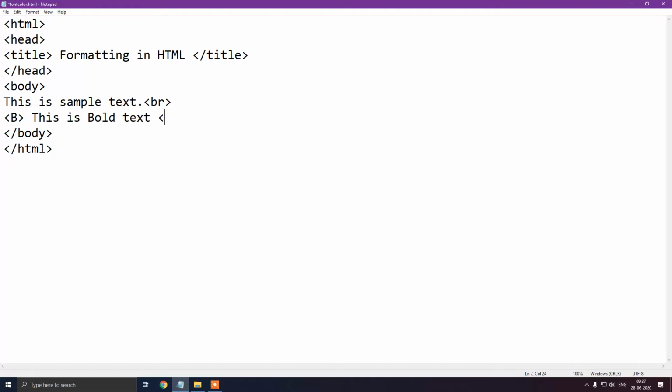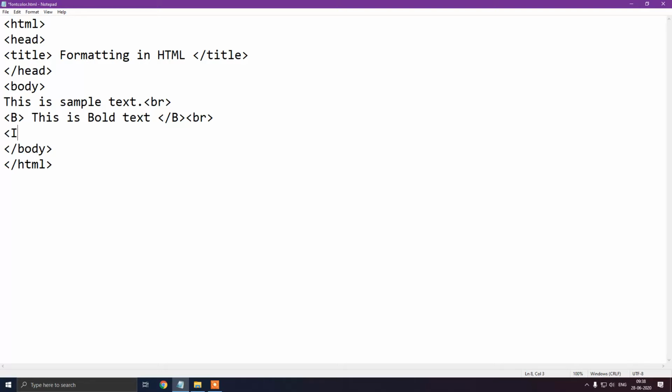Now we will close the bold text. Then we'll put the break. Okay, means BR tag will provide so that the new text will come in new line, that is of italic.